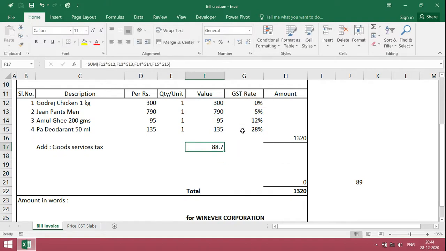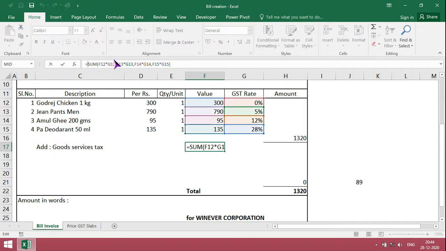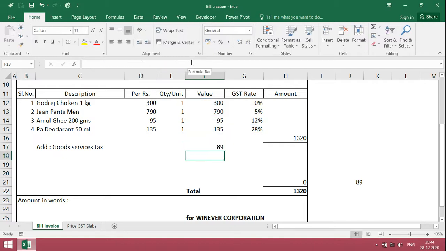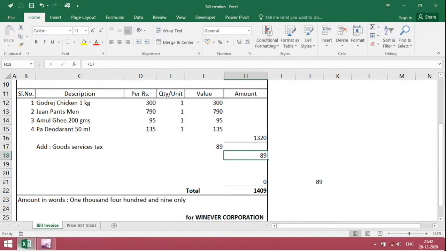We are not getting it properly, so we have to use ROUND. Just give this reference so that it will come. So this totally matches, 89 and 89.